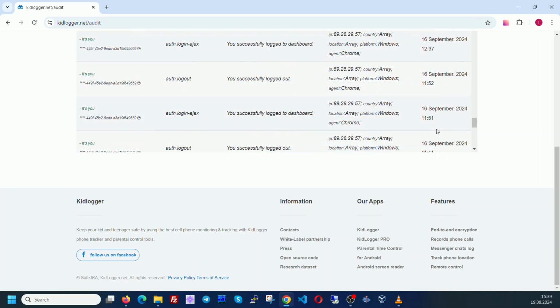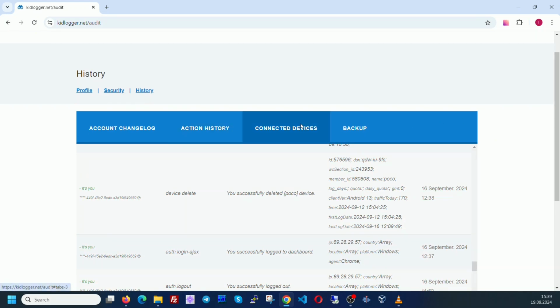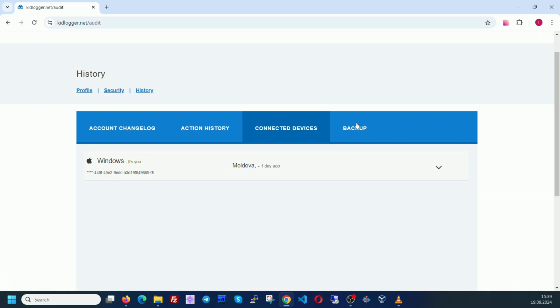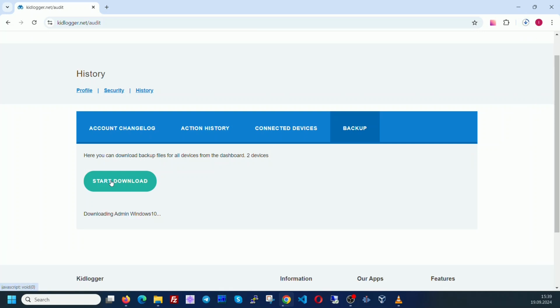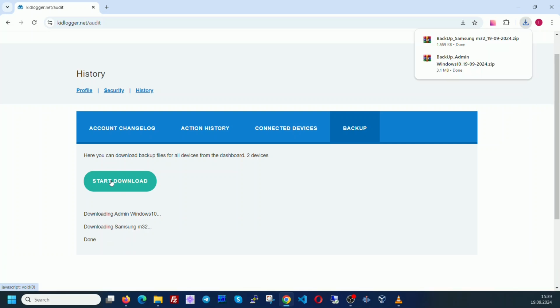In the Connected Devices tab, you can see the devices and browsers connected to the account. Next, Backup. In the Backup section, you can create and download a backup of information from the devices. By clicking Start Download, packages with information collected from computers and phones will be created.